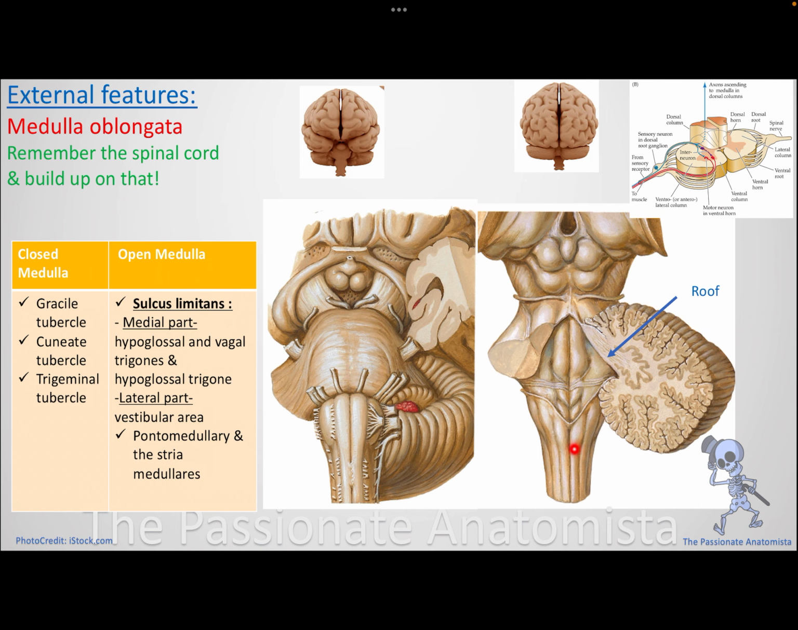Okay, if you are posterior, remember your sensory stuff, remember the dorsal columns, and we're coming here to the gracilis and cuneatus. Okay, in the open part, you will remember your hypoglossal and vagal tubercles made by the hypoglossal nucleus and dorsal vagal nucleus, and you have the vestibular area. All of this lateral part is the vestibular area, and we will explain that later on. All right, and so here we have those things, and then the vestibular area, and then we talked about the